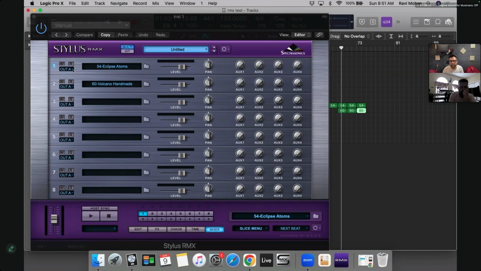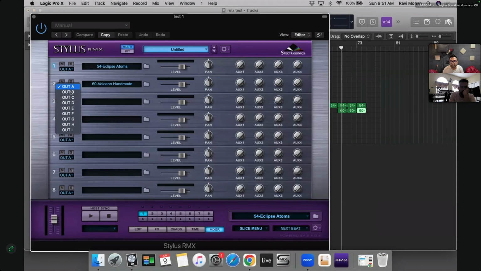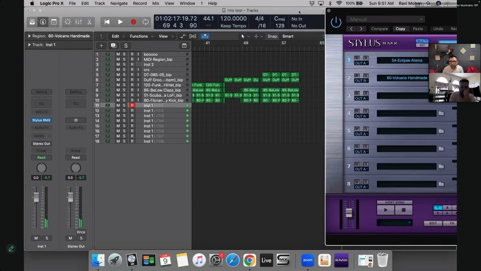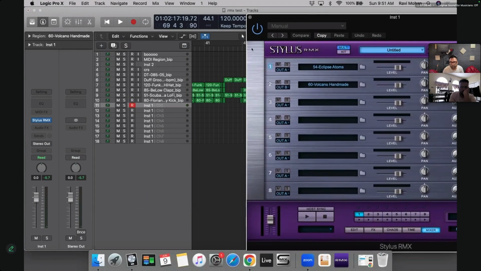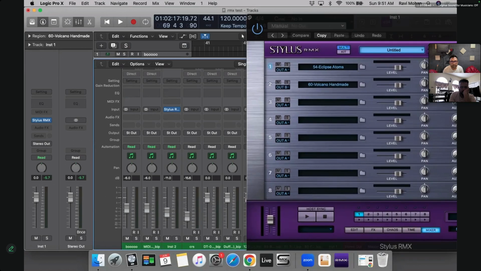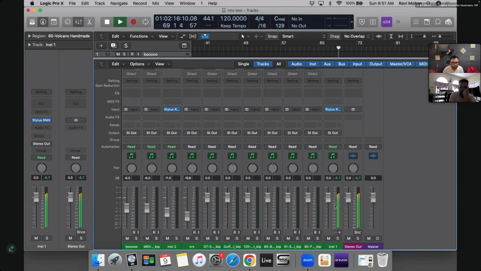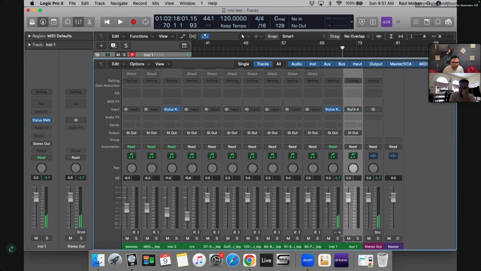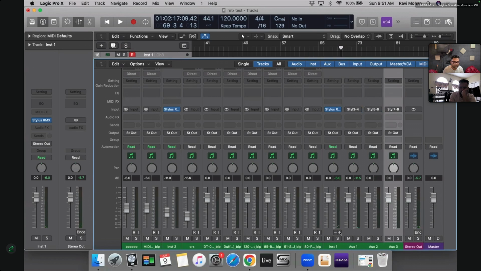But what we can do is, currently we have out 1, and we can assign it to out B, and if you open up the mixer, you can see 3 4 is coming from here, and 5 6 7 8 you can open like this.